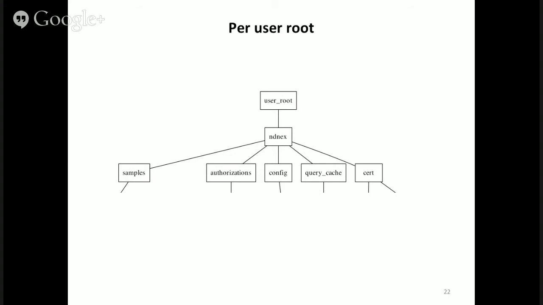So this is conceptualized in terms of a per user route, where really the user that's publishing the data is the root of the data namespace, and then within it, for this application, may have the actual data under the samples namespace, authorizations that provide different ways to access the keys that can be used to decrypt that data. So talk about that in a moment. Configuration information that we won't talk about right now. Maybe some notion of caching the results to queries that are expensive to execute directly. And then certificates that are related to the user's use of the ecosystem, or at least this part of the